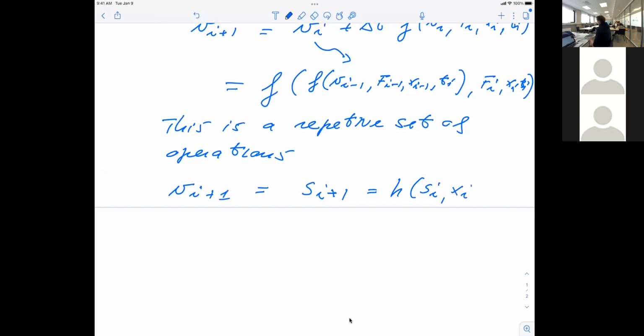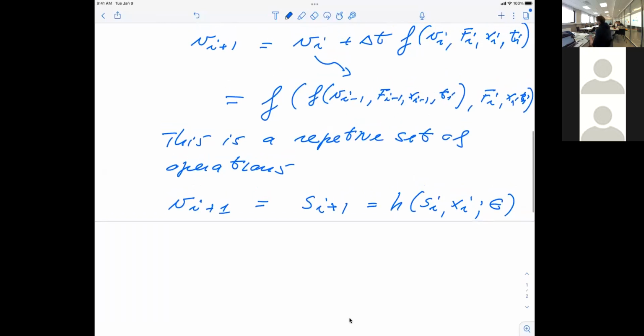There is a generic variable x of i. And then we have some parameters, theta. These theta are going to be the parameters of the network, because I want to rewrite this in terms of a specific network. So instead of taking this expression here, which has this repetitive feature, I'm now just going to encode this in a slightly simpler way. And you will see now that these H's are going to represent different types of hidden layers. That's why I put this naming H on them.